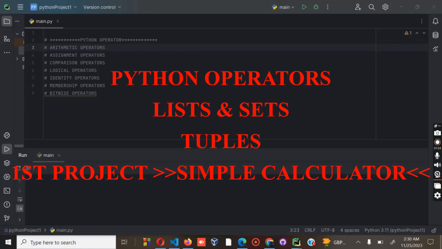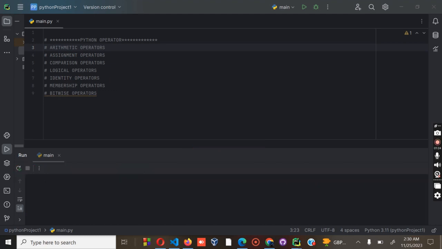In today's lesson, we are going to cover operators, tuples, sets, and lastly the list. So we will start with the Python operators, and we need to remember that operators are used to perform operations on variables and values. They are supposed to perform two things, that is, operation on variables and the values. So we will cover these